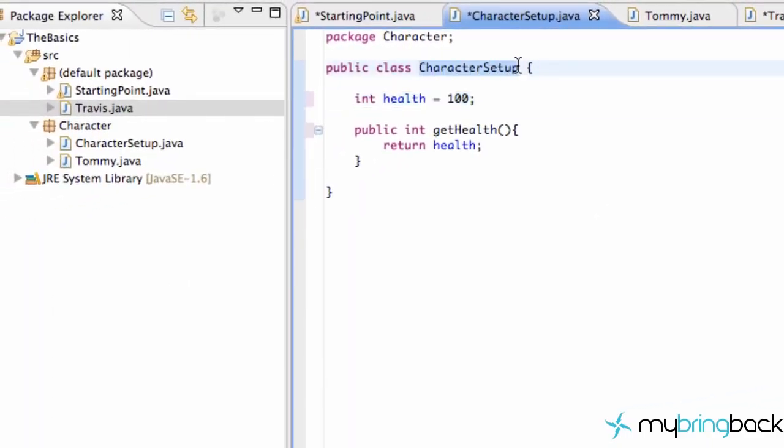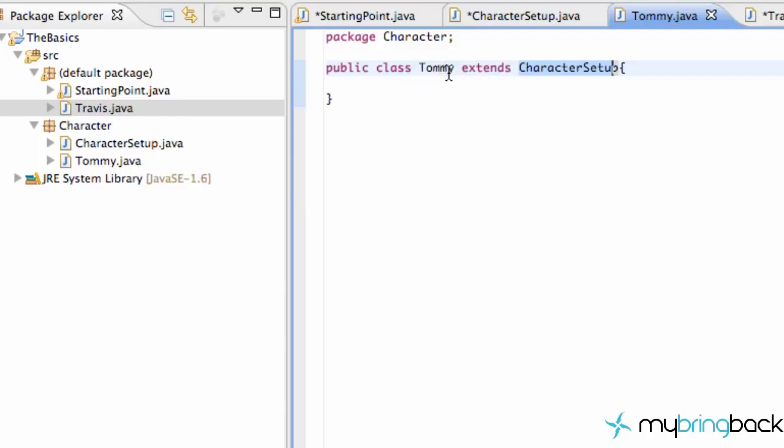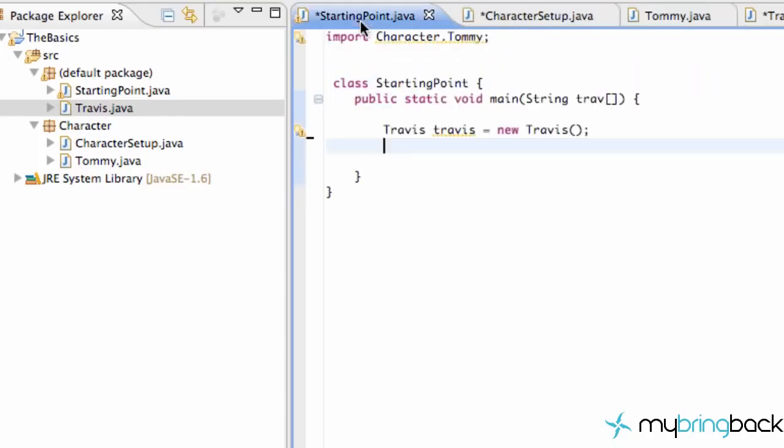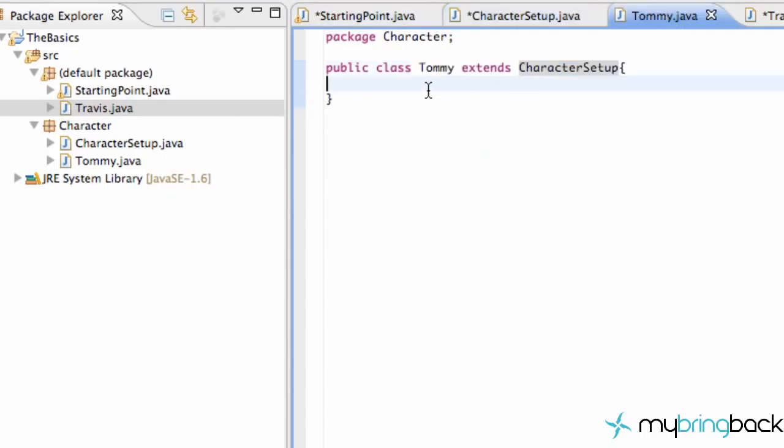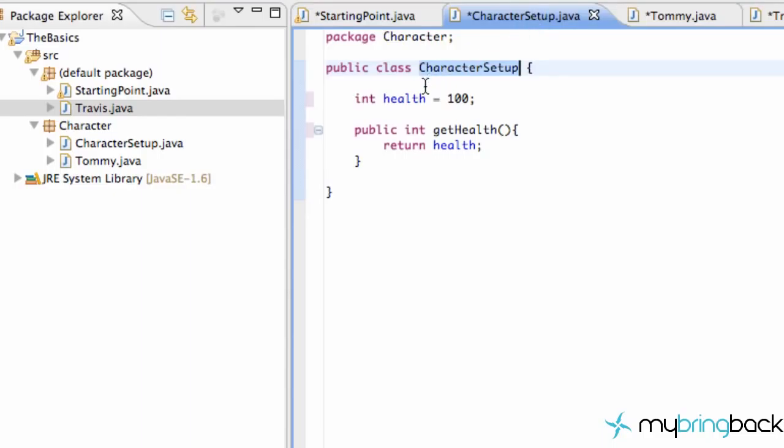For this character setup, we had a Tommy where we extended the character setup, and we can refer to our integer variable health within our Tommy class, because again, Tommy is within the same package. So we can set up a new int value, and we can say Tommy health or Tommy H, something like that, and we can just set that equal to our health variable, because again, we extended our character setup, so we have access to all the variables, all the methods, as long as they are defined to be accessible by other classes. Again, this is package private, so Travis, which is in our default package, we wouldn't be able